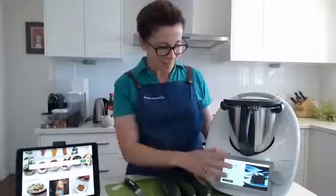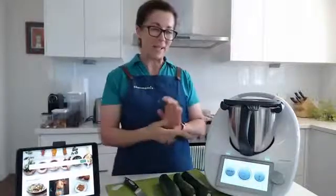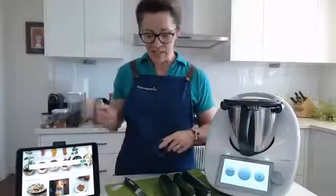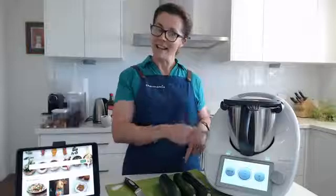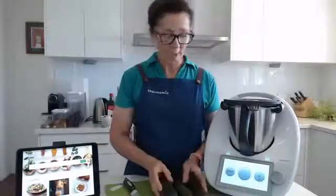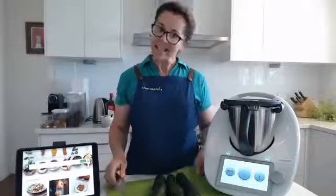I'm actually making some zucchini slice. We'll do a sweet zucchini slice, but I wanted to show you from the get-go how it all happened and how I decided to make these guys. So my beautiful husband came back from the grocers and had bought lots of zucchinis,